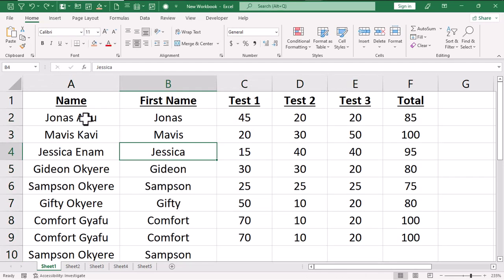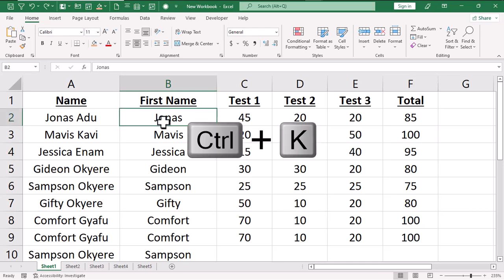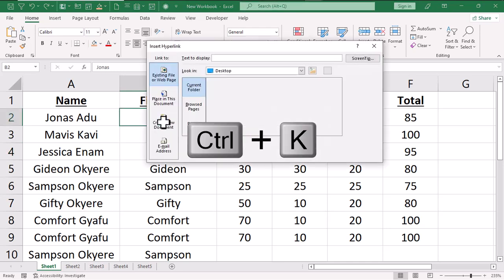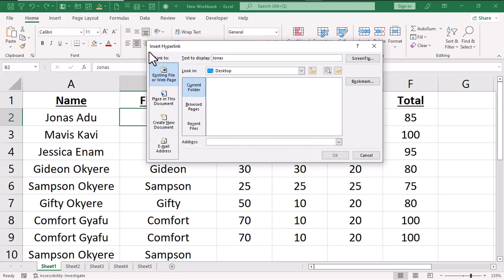Now if I select this cell and hold Ctrl+K on the keyboard, I get the insert hyperlink dialog box, and we have link to. This is where we have text to display. You can have a screen tip here. You can also link all this to all the options that we have here. It can be an existing file, a web page. You can place in this document. You can create new document. You can also have an email address. Any of this you can do. If I choose